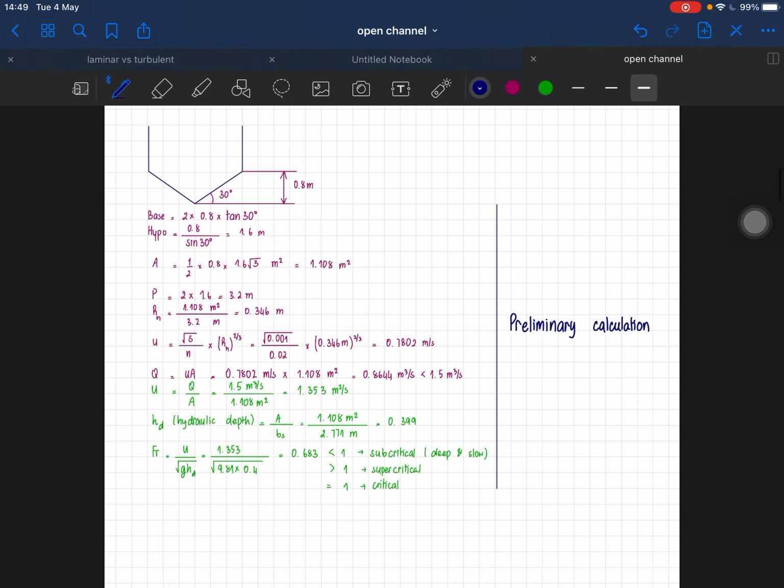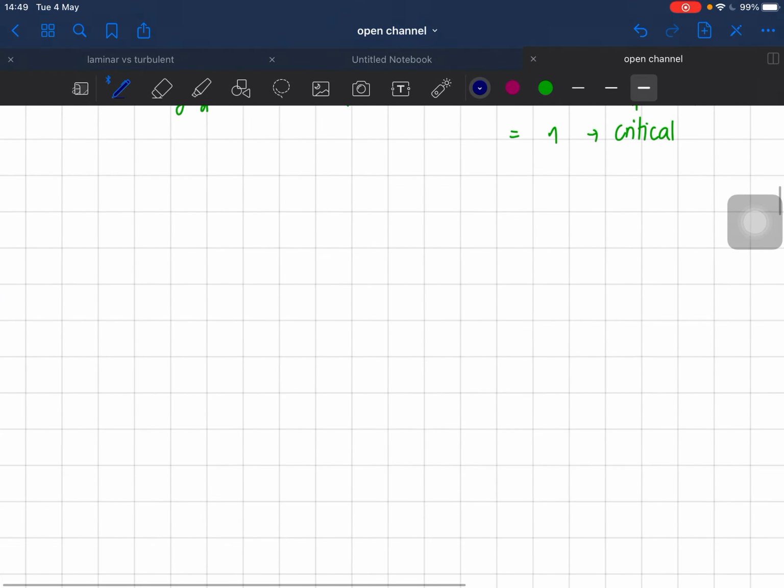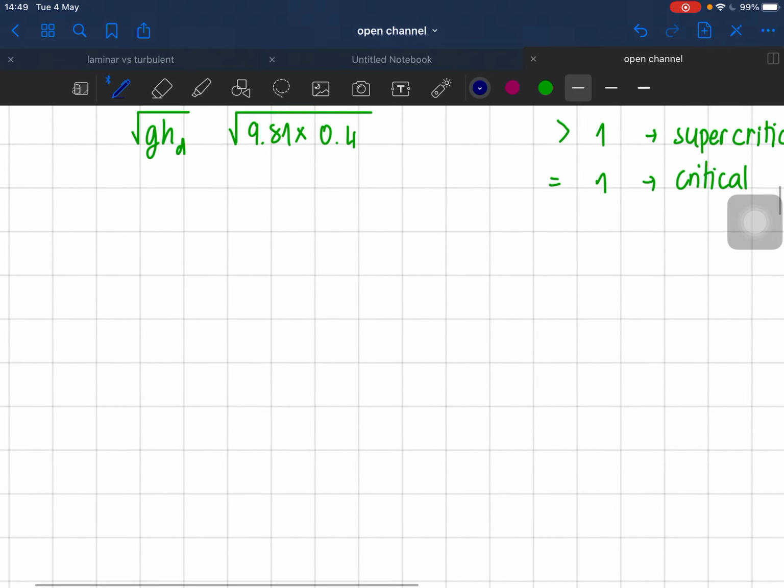Then we're going to find the real calculation down here. For the real calculation, I'm going to use the blue color. We need to find, well, since the normal depth here is greater than 0.8 meter,